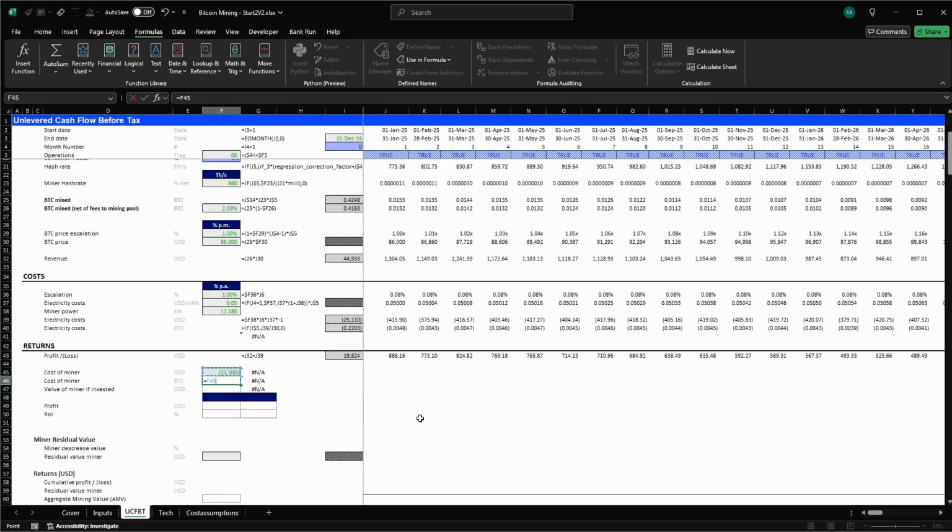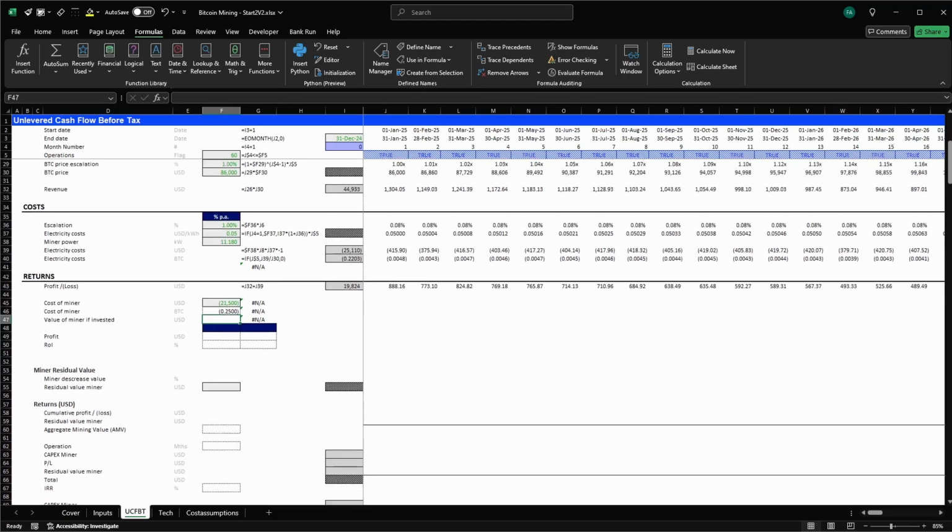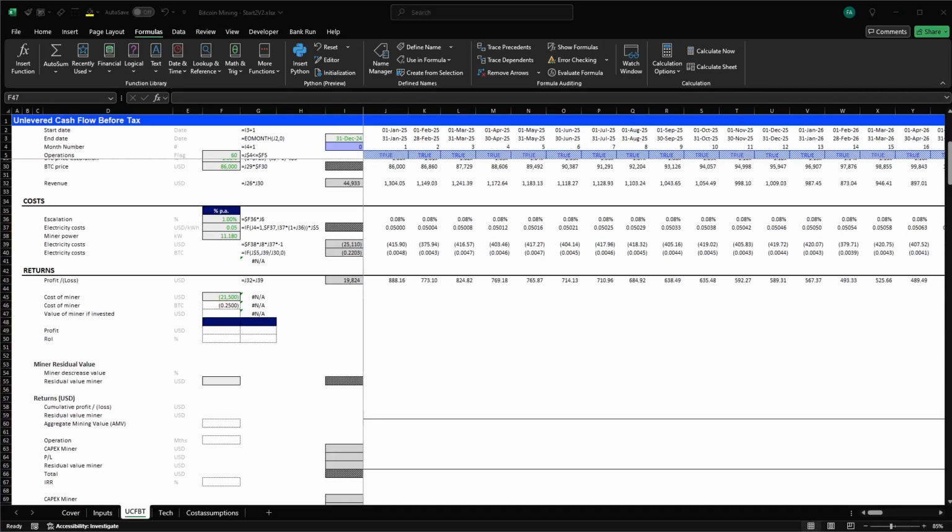That would cost us whatever we paid divided by the Bitcoin price, right? So that would cost us 0.25 Bitcoin. Okay, that would have been the price of our Bitcoin for mining if we're to pay in Bitcoin. Okay, that's good. So what I'm going to do next here is